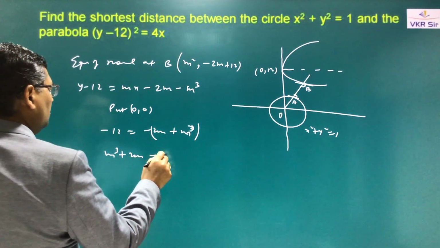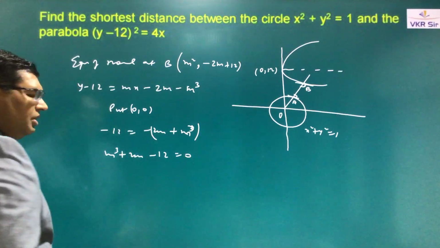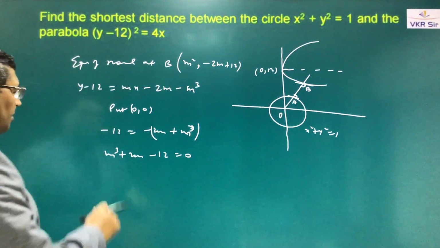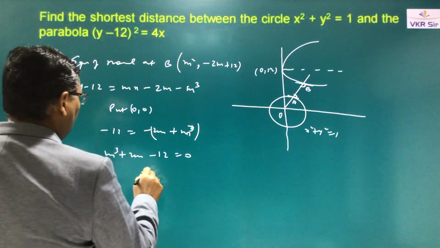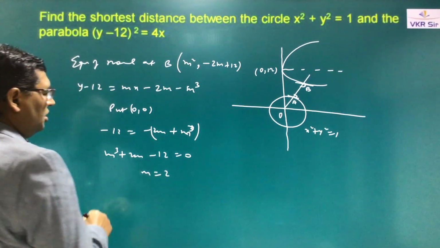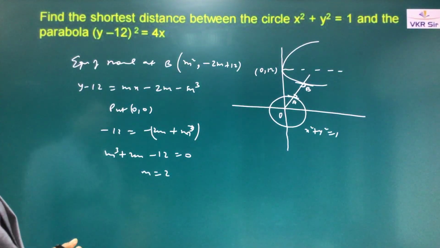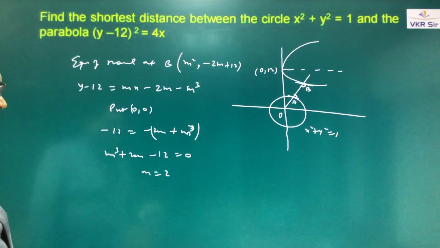m cube plus 2m minus 12 equal to 0. On trial you can find a root. So I think m equal to 2 is working. m equal to 2 is working as a root. So you can factorize and get more values of m. But